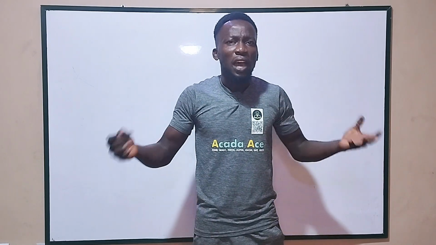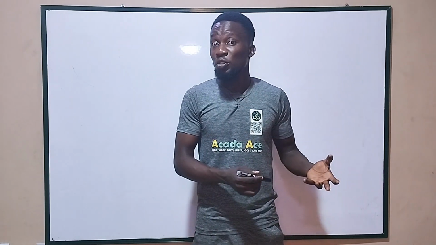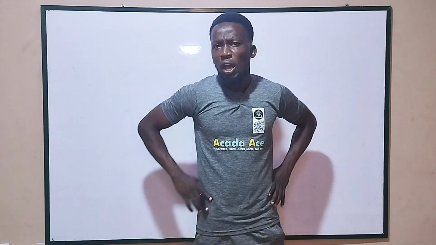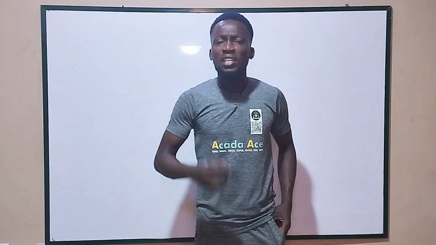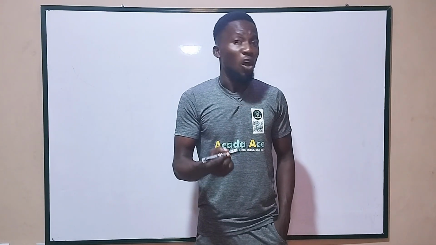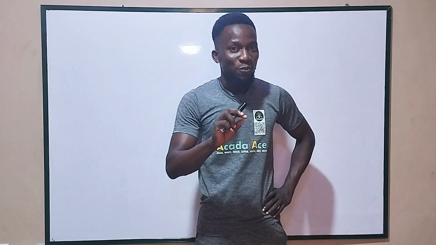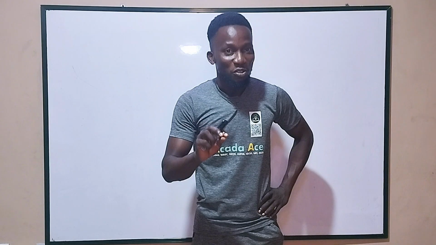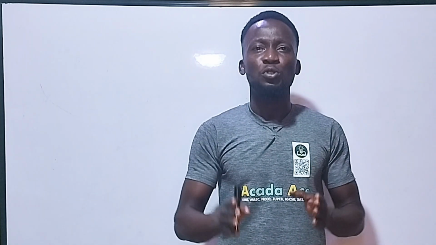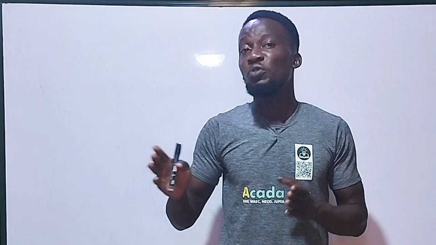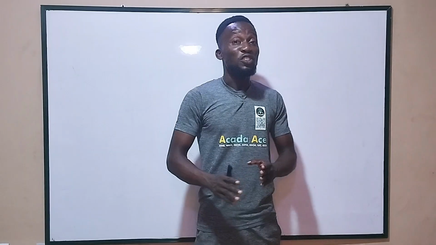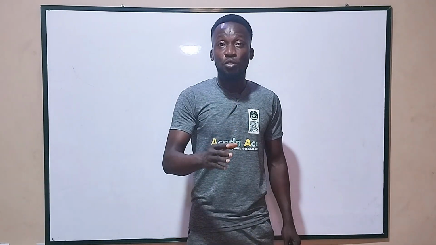So if you are in a situation like that and you don't have a calculator that has all these trigonometric ratios on them, how do you go about solving questions that have sine something, tan something, or cos something? Or worse, maybe they will ask you a question that involves cosecant or cotangent. So in this video, I'll be revealing how to go about getting the values of all the trigonometric ratios of special angles. Trust me, you are going to get the best out of this video if you can watch it